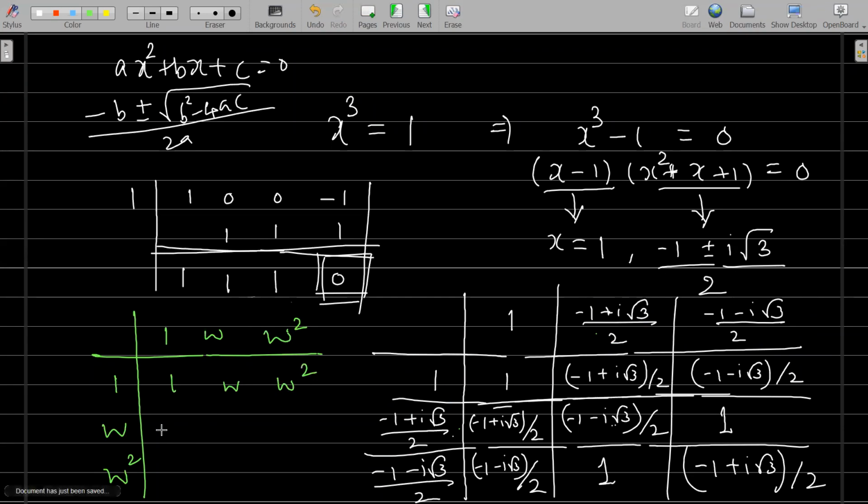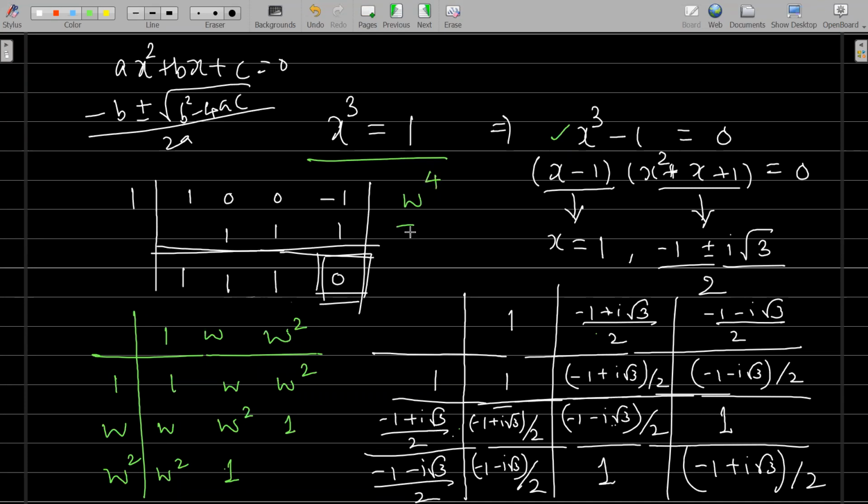Okay, so omega square: 1, omega, omega square. Omega into omega will be omega square, omega into omega square, that is omega cube, and omega cube must be 1 because it's a root of x cube minus 1, right? Similarly, omega square into omega, that is omega cube, that is again 1. And if omega cube is 1,